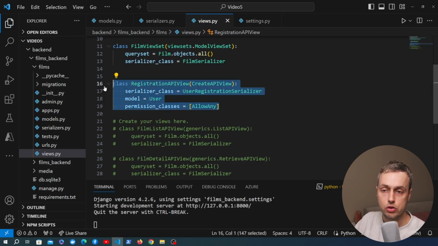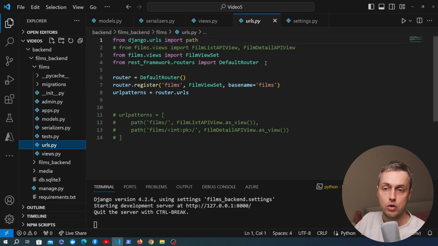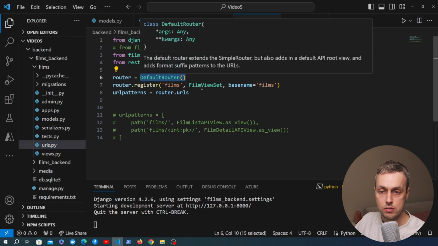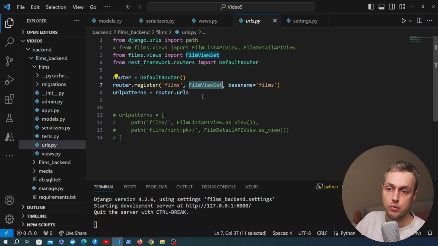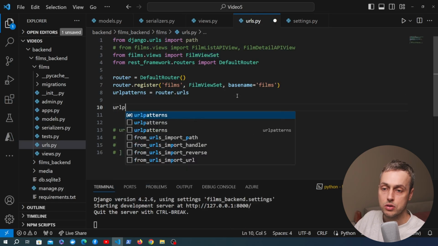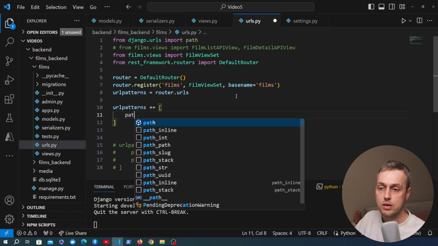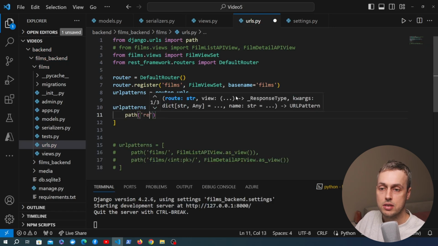Now once we have the registration API view, what we're going to do is go to urls.py, and if you remember from the previous videos, what we have here is a Django REST Framework default router, and we registered the film view set with that router, and then we set the URL patterns to the router URLs. We're now going to extend the URL patterns here, and we can use this syntax here. We're going to add another list, and that contains a single path in Django,